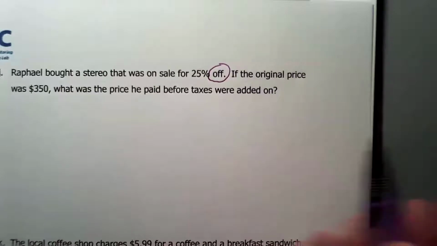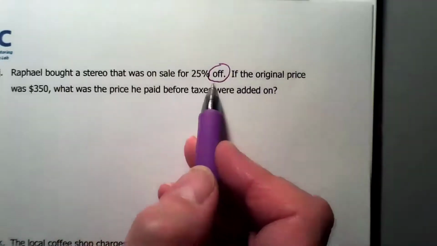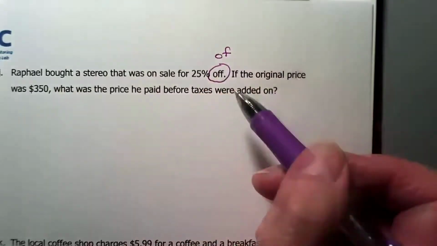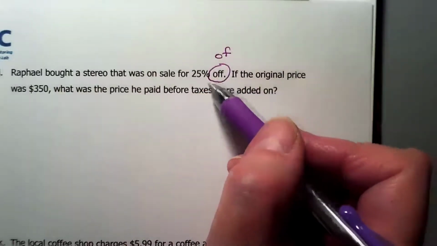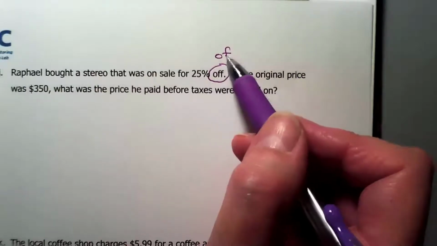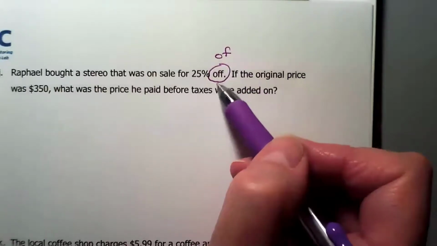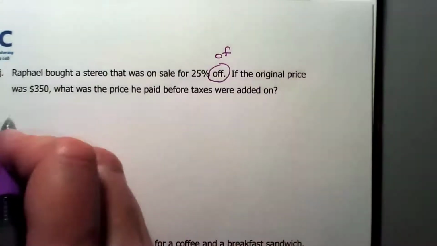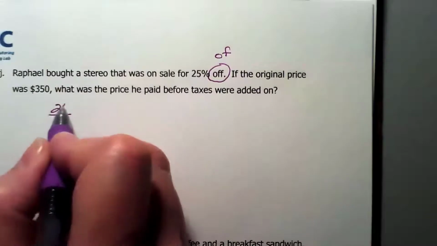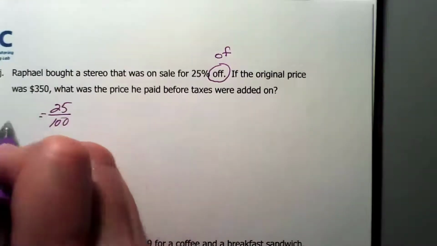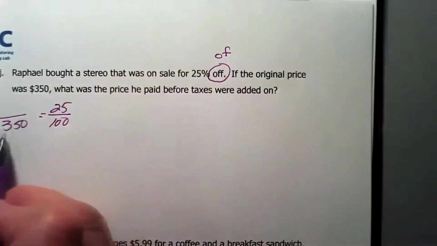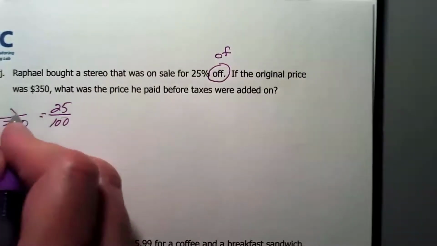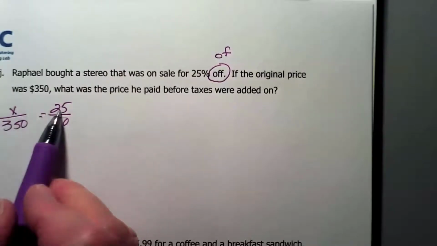Most people would just figure out this 25%, and you probably got caught with this a lot. They'll do a discount that'll say 25% off or 25% of. So is it 25% off the regular price or 25% of the regular price? Here it's off. So again, we're going to put the percent over 100, and 100 is the total that the original price was. So this here will be the discount.